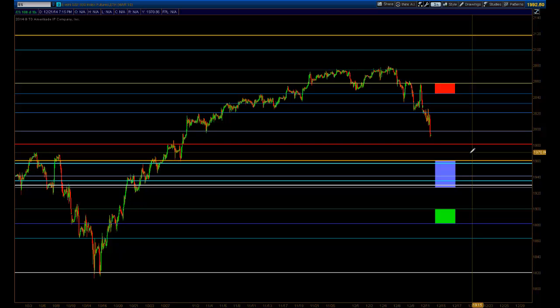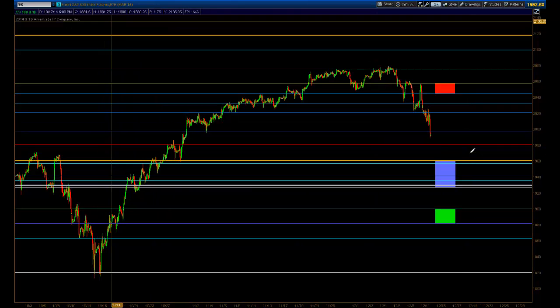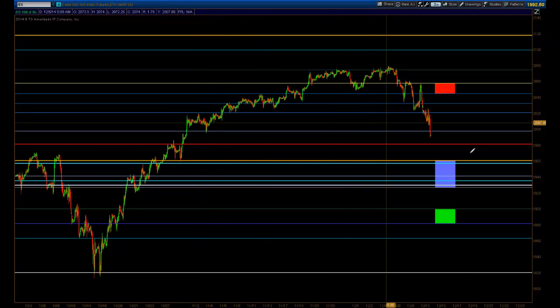Hello traders, Day Trader Matt here doing a market analysis for the week beginning 14th of December, and we're looking at the S&P futures contract. This is the March contract. We switched to it on Friday, and the last time I talked about the market, we were looking for,